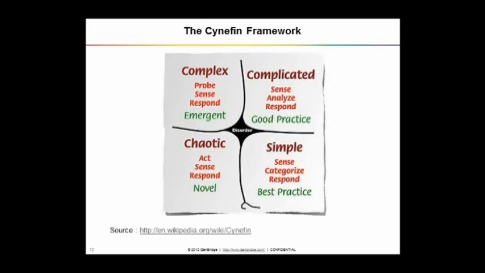And there could be a fifth area, which is disorder. Disorder is an area where you don't know where you are. You don't know, do you need a simple solution or you need a complex solution? So the point from disorder is better you find out soon which system is suitable for you and migrate to that direction.